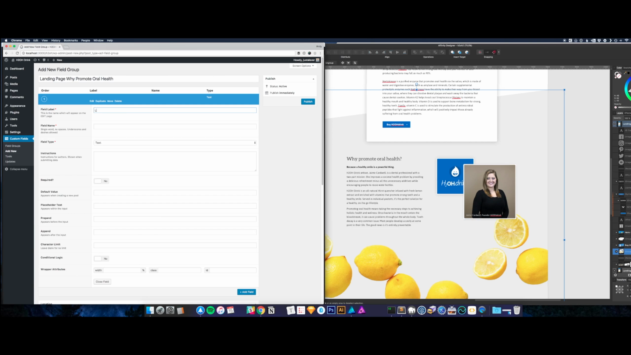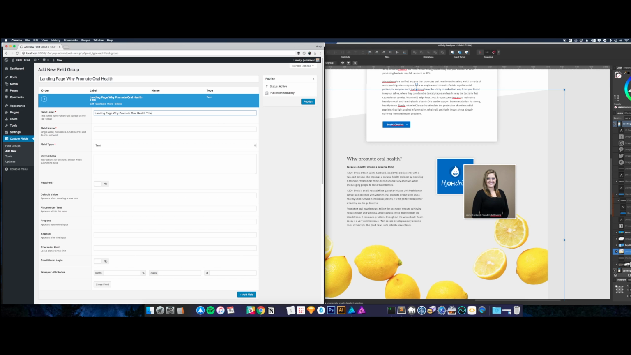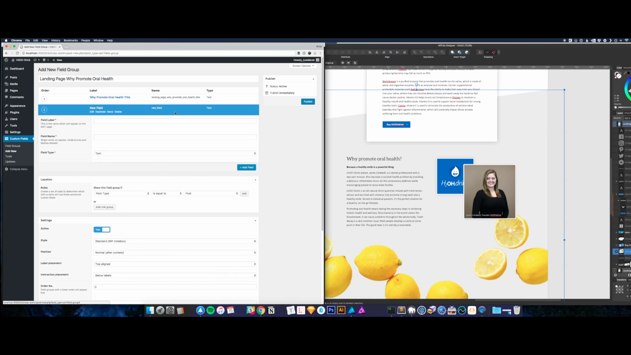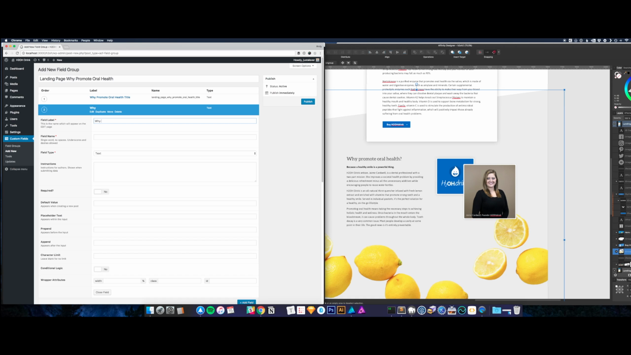Let's have a landing page why promote oral health title. And I'm going to get rid of the landing page prefix because Jamie won't need that. That's just a text field. Then we'll add another field that is, again, landing page